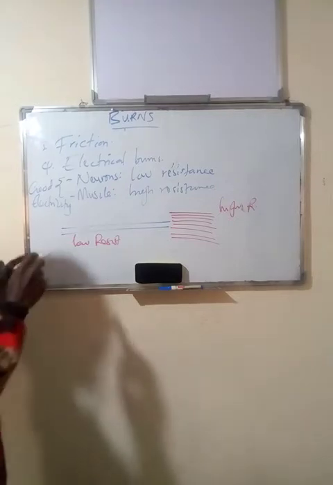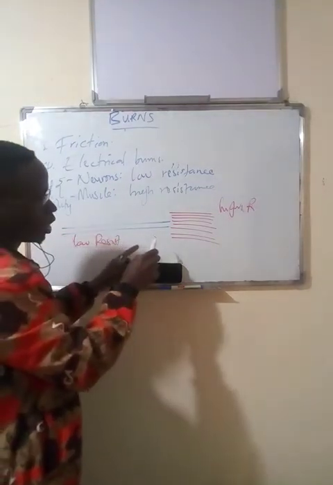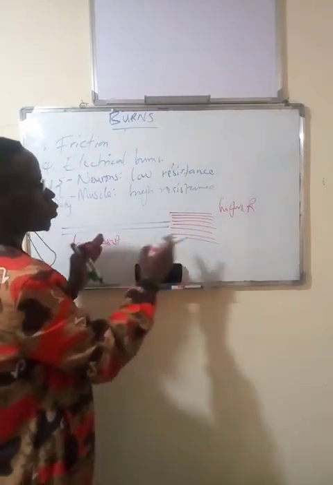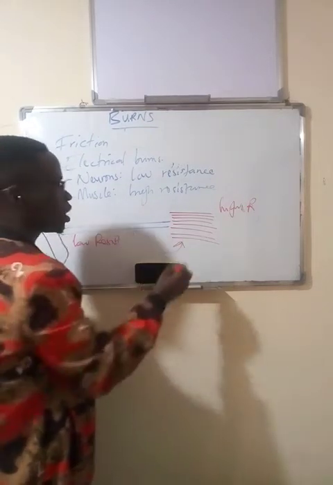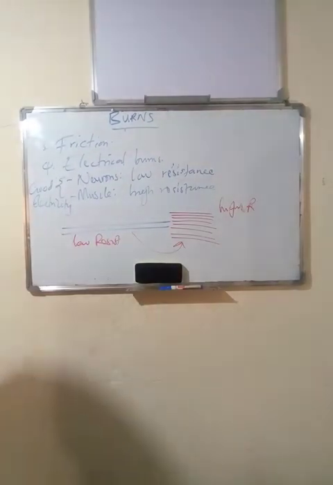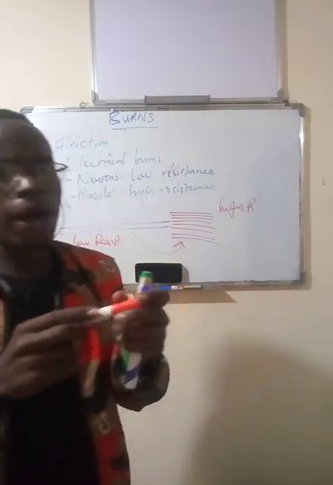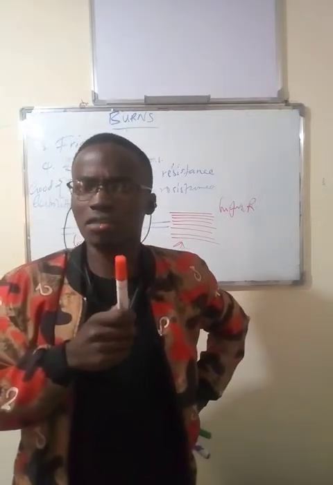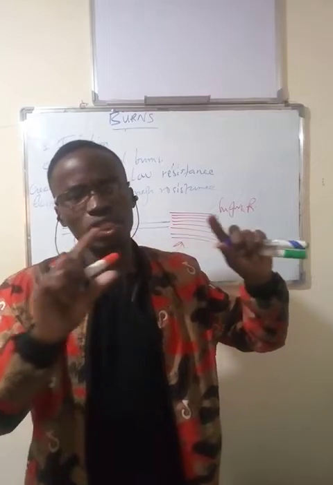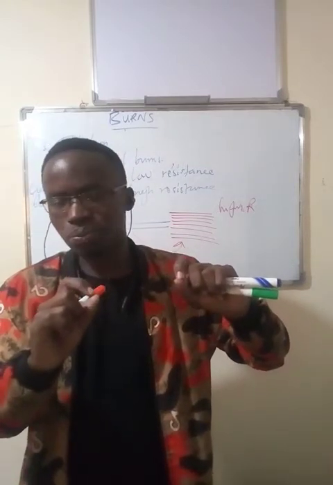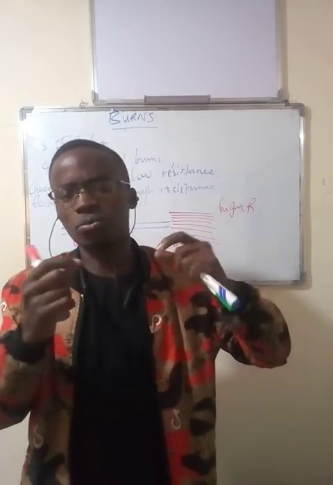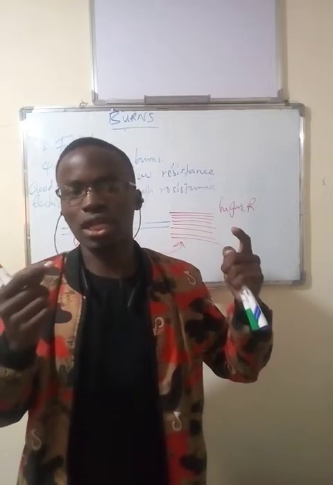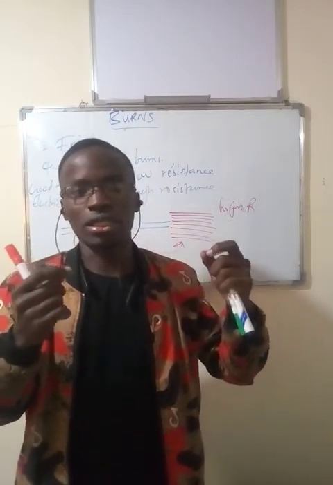So what will happen is this: as electricity is traveling through the neuron, and then as it is about to go, due to that transition from the neuron into the muscle, which is of high resistance, there is going to be heat production. Let me give an example. When you look at a light bulb, you have that filament inside the light bulb, okay? And that filament is mostly made of tungsten. The reason is that tungsten has very high resistance and it has a high melting point.